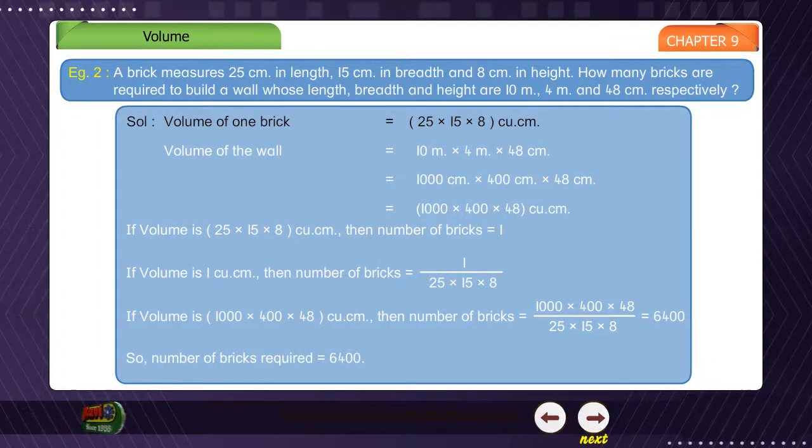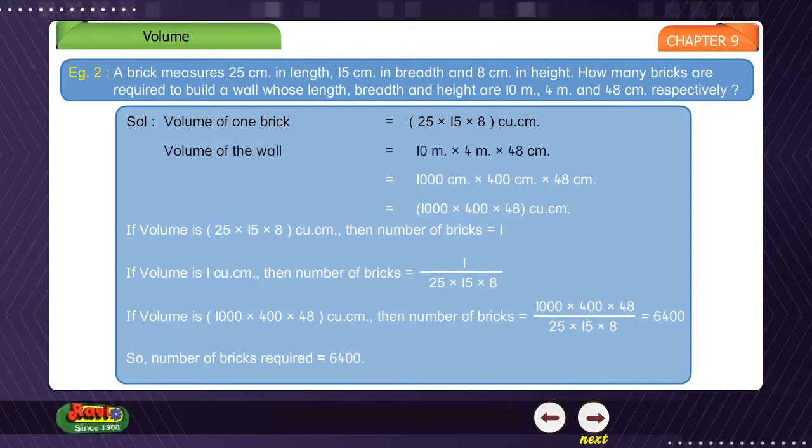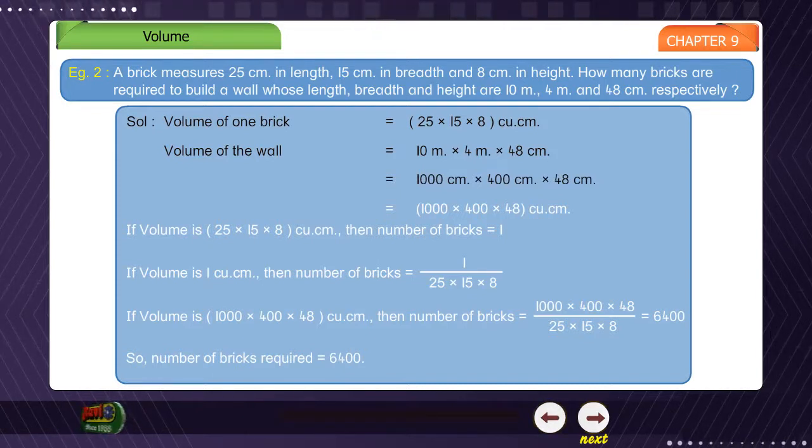Solution. Volume of one brick is equal to 25 into 15 into 8 cubic centimeters. The volume of the wall is equal to 10 meters into 4 meters into 48 centimeters, is equal to 1000 centimeters into 400 centimeters